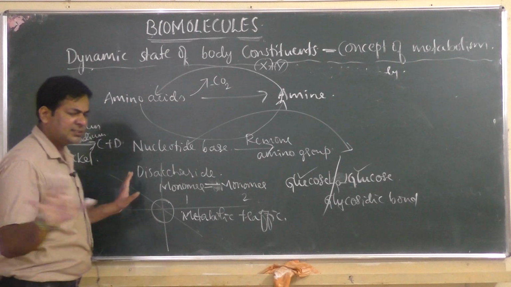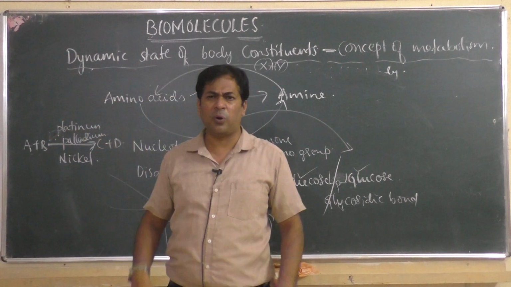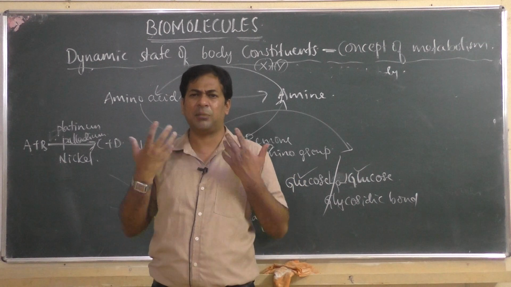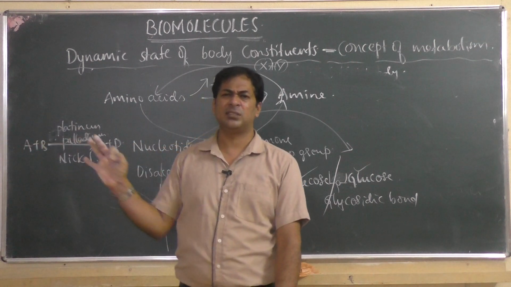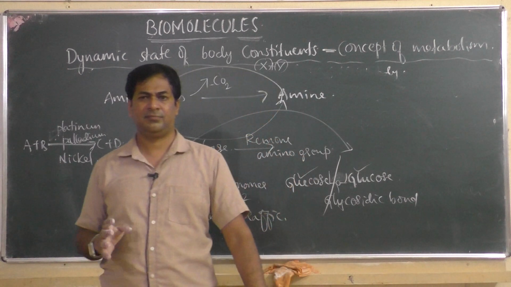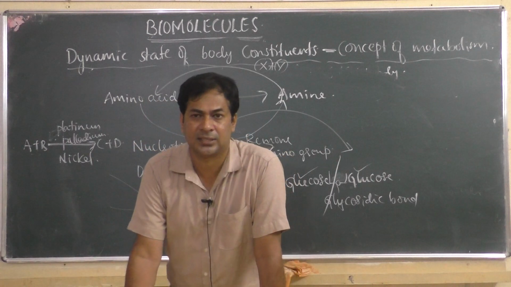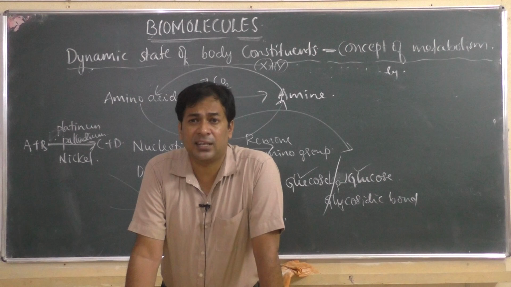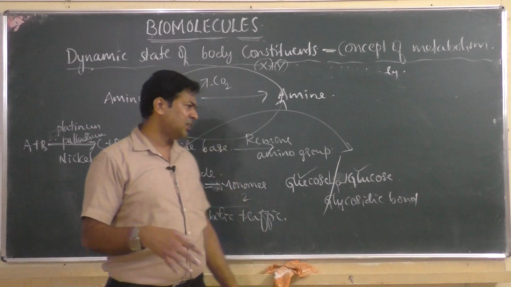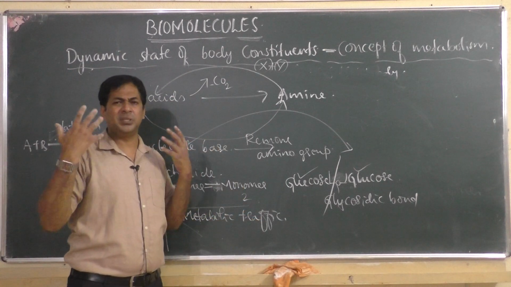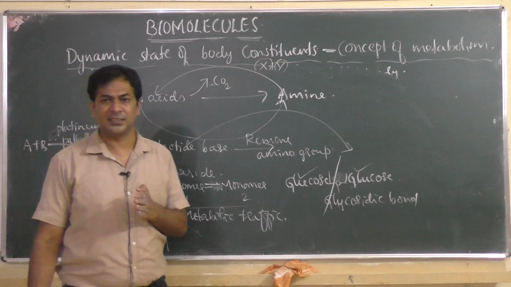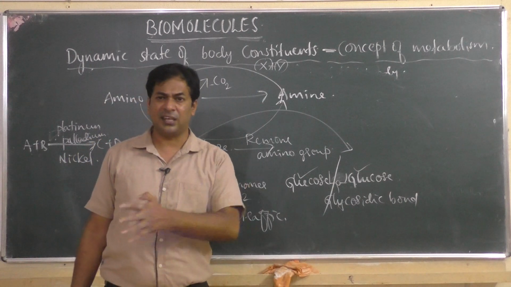So all the reactions, whatever reaction happens in the whole body of living organisms, not only human beings, in all the living organisms, all the reactions require a catalyst, okay, and that catalyst will make the reaction faster. That is why the enzyme definition says it is a biocatalyst which fastens the rate of reaction, means which makes reaction faster. So all the reactions which happen in the living organisms are catalyzed reactions, and they require a catalyst, okay. The catalyst will make that reaction faster.